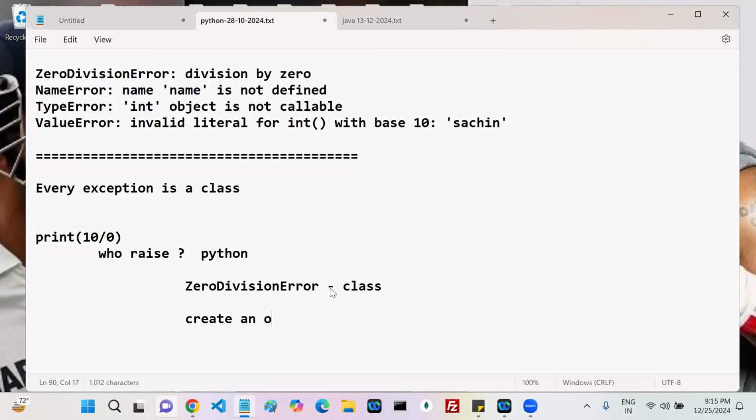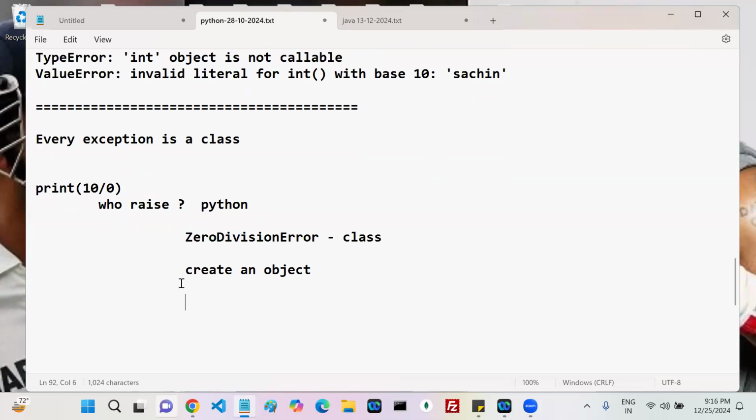Once Python creates an object, they do not keep that object with them, they throw that exception. See, these many steps are taken care of by Python. Whenever you as a developer write code that divides a number by 0,